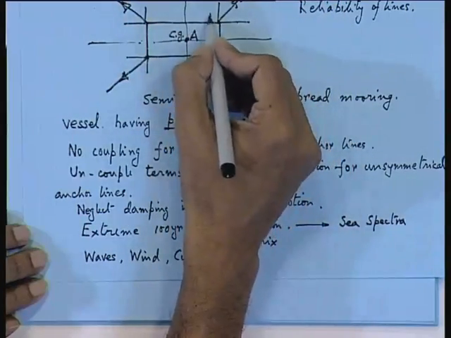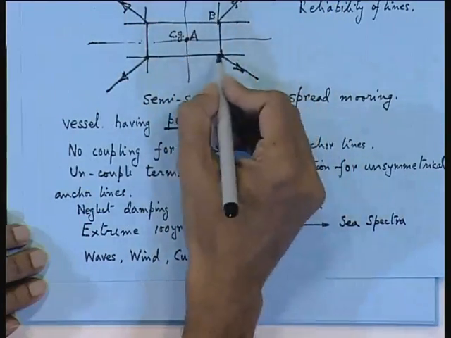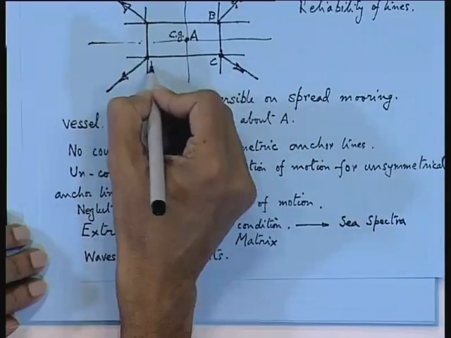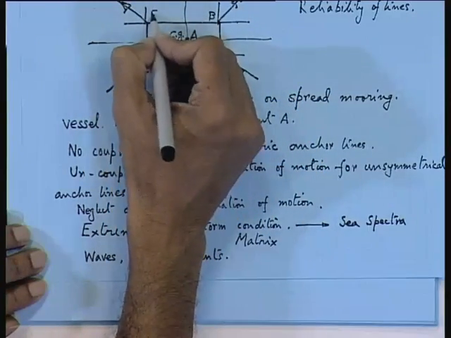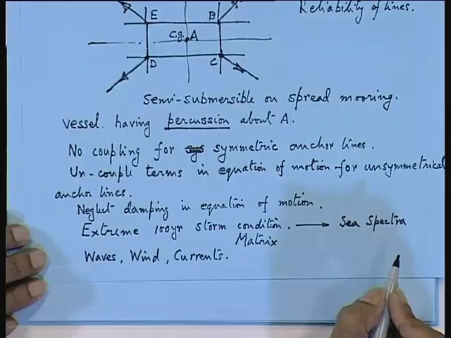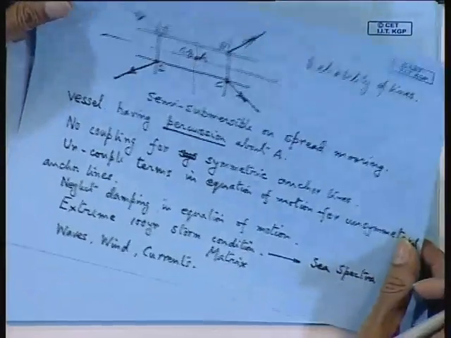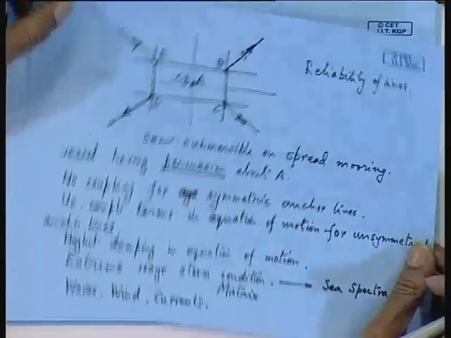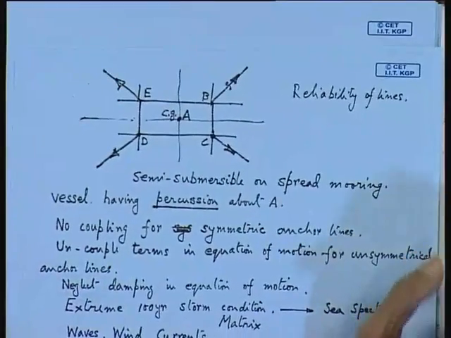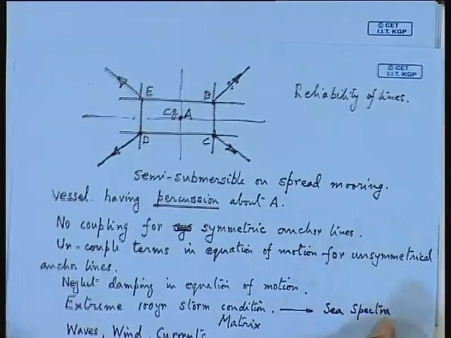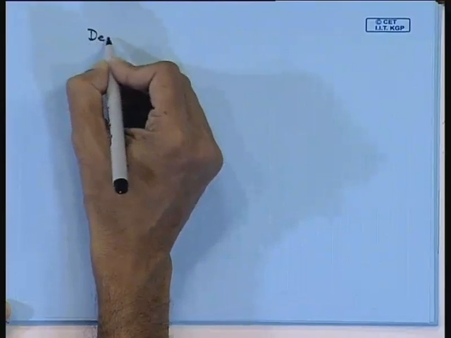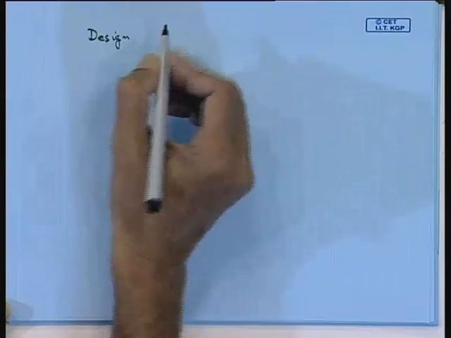at all these points. If this is your point B, you find out all the forces that are coming at B, C, D and E. So the job is not all that easy, and we have to find out our matrix first with a number of options in the design situation. Again you are coming to a design spiral. In the design situation you generate